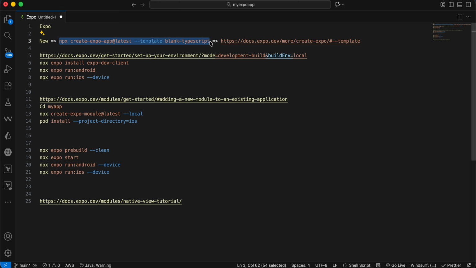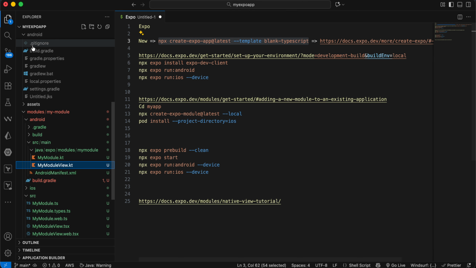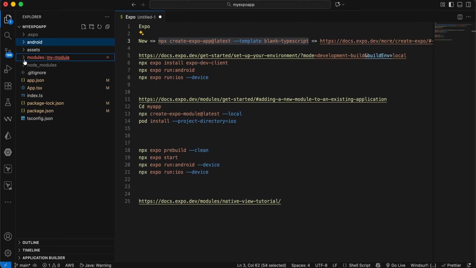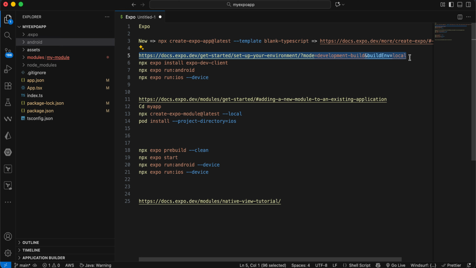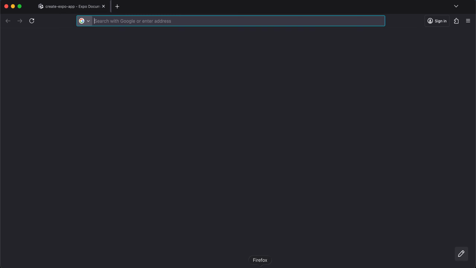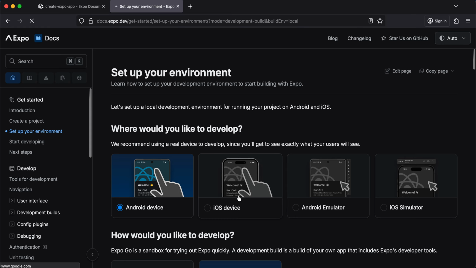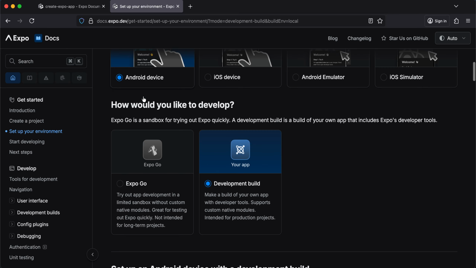that's it. Now like I said, we need to write native code, right? So if you see, I have already created the project. So I'll just minimize everything for now. So here you will not see this Android folder, you need to create it. So to create it, you need to go to this particular URL over here. So again, I'll just open it inside a new tab, and here you will have to select Android device, select